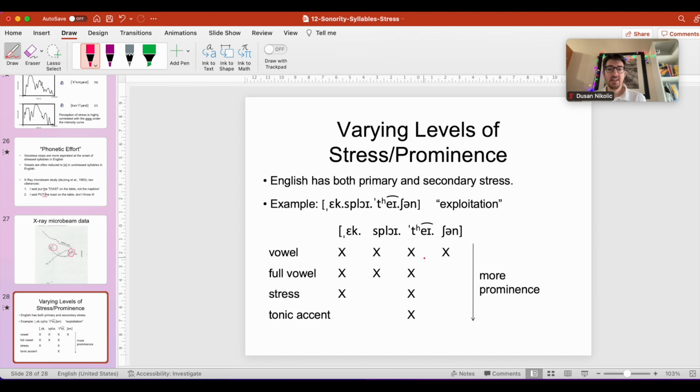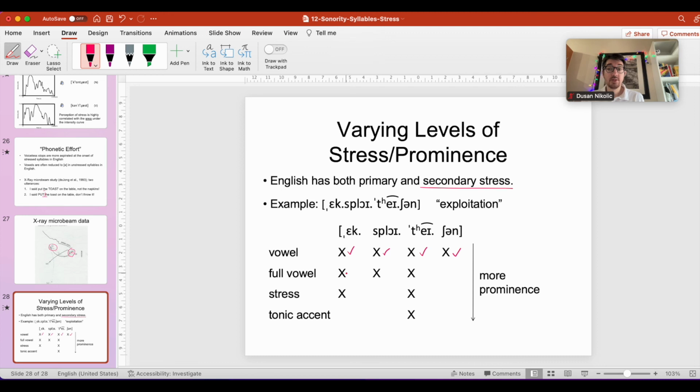And lastly, I just have to say that there are varying levels of stress prominence. I've seen some of you using what we call secondary stress. You don't have to use it in your transcription. Stay away from it because it's a little bit tricky and it's not always present in words in English. Generally, we have, for example, the breakdown here. Each of these has a vowel, right? So we put an X if it has a vowel, right? So each of these syllables has a vowel, right?